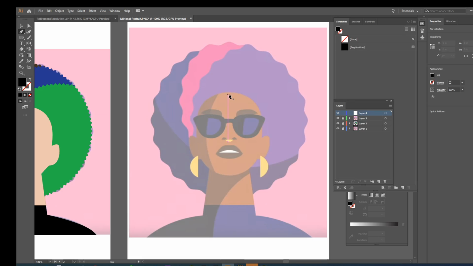If you notice and you hover your mouse over the image, you should get this pink line that indicates the middle of the image. All right, that's important because we don't need to draw on both sides. We can draw the face, and what we're going to do today is learn how to reflect this to the other side. So if I hover my mouse over the top of the head, all right, I'm going